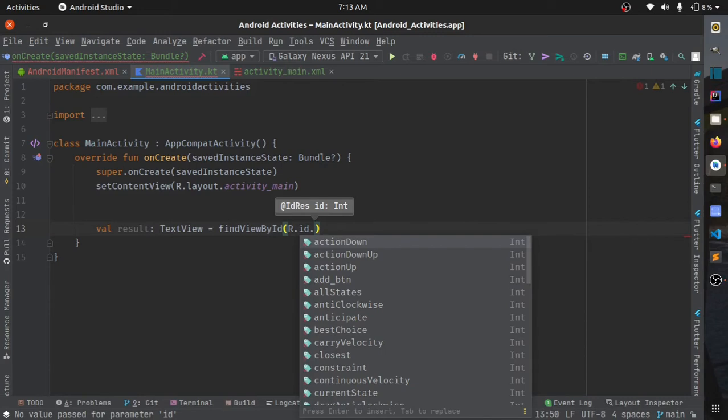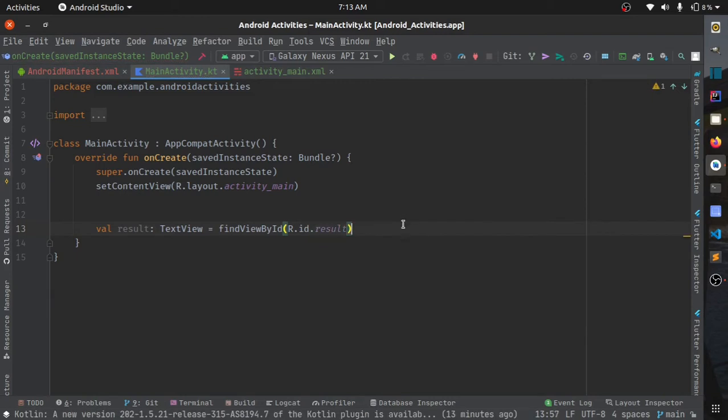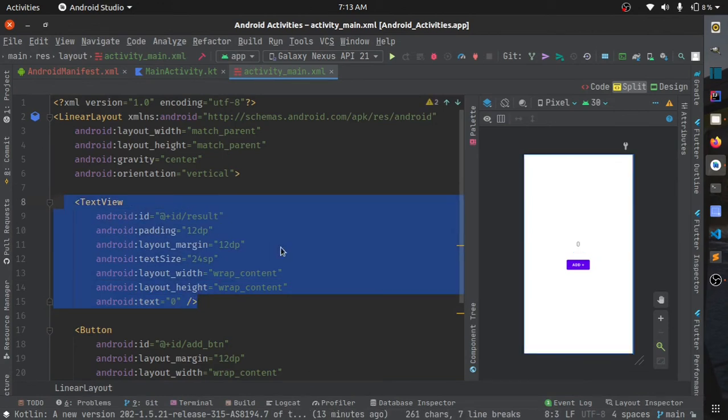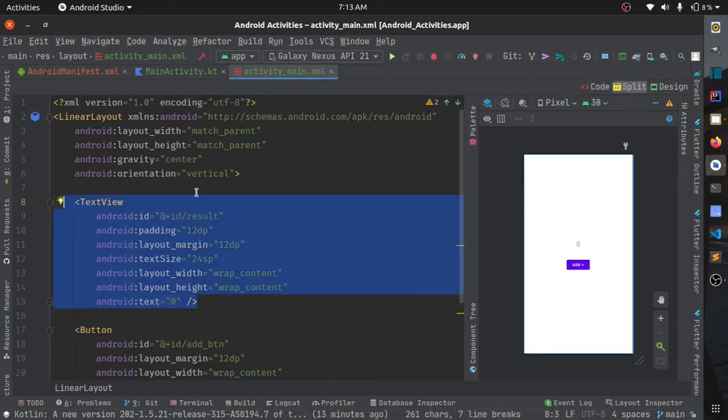We set the id of the text view to be result. This function will return the reference of this text view, so I can edit all the attributes and everything about this view. At the end of the day, this is also a view class.